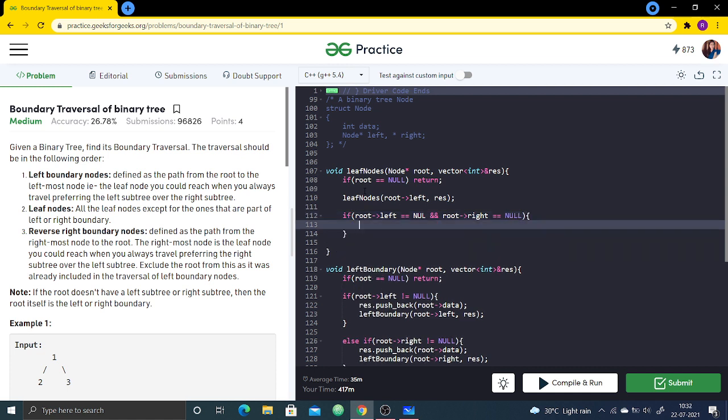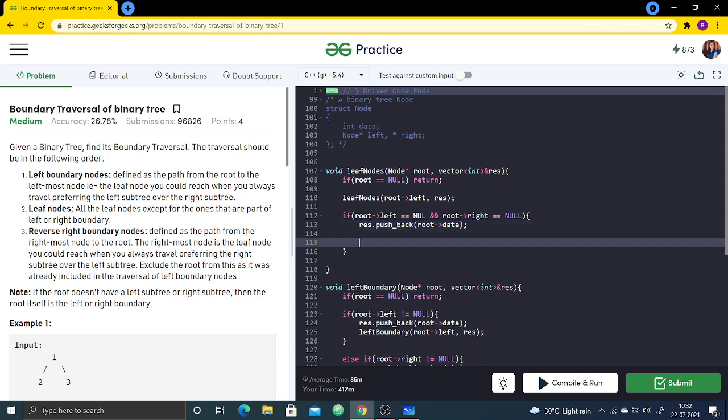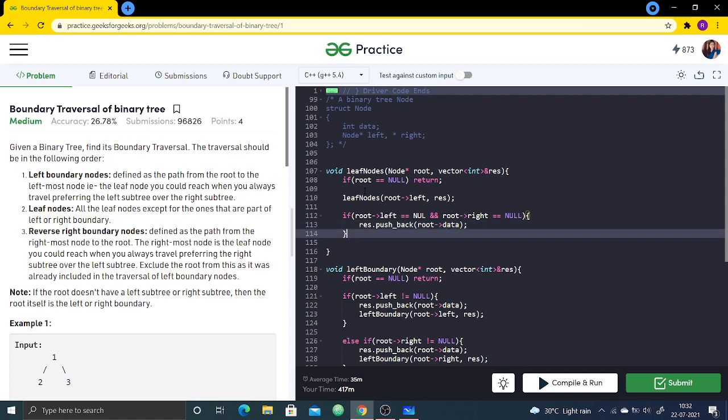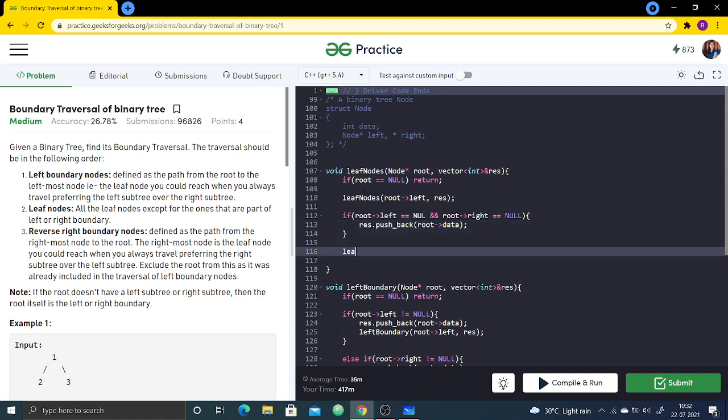Then we can simply push this root's data into a vector. Now after the left subtree, we will check for the right subtree. So we will send its right child as a parameter now. And that's all. Now we have implemented the leaf nodes also.